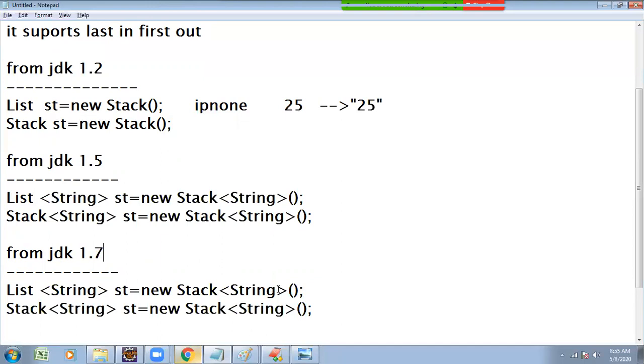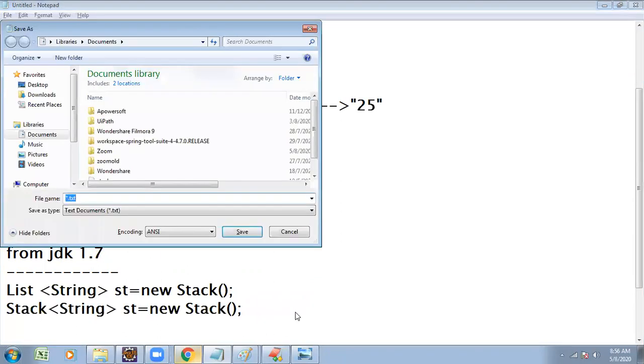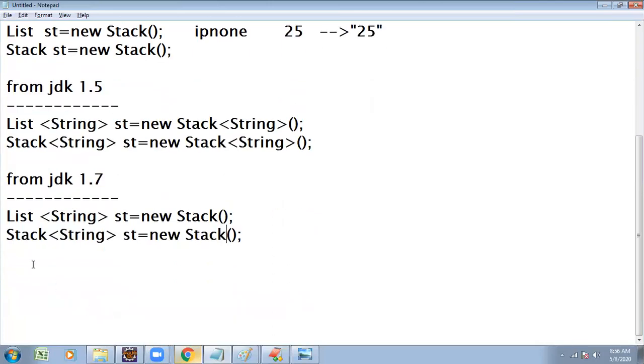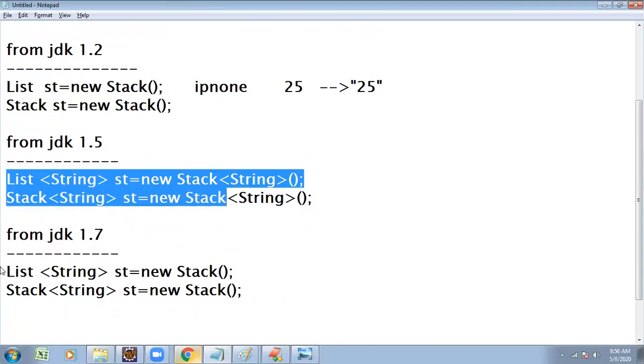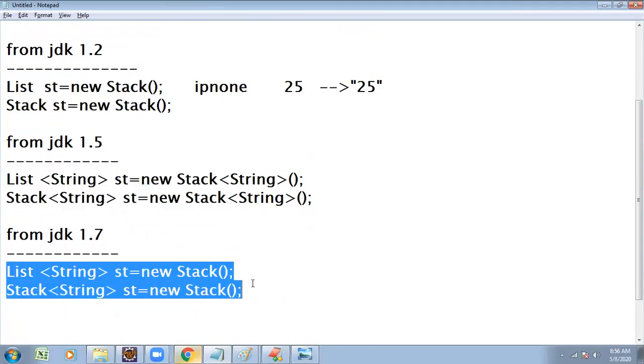There is no need to mention this type of syntax now; it is directly accessible. It is a generic collection with diamond operator.